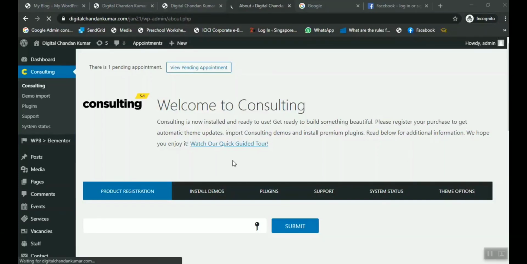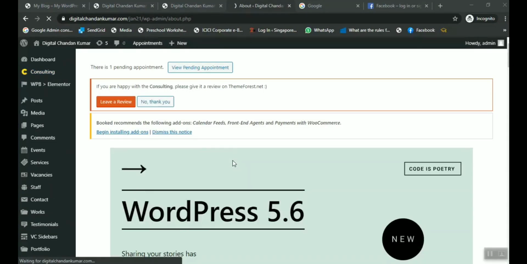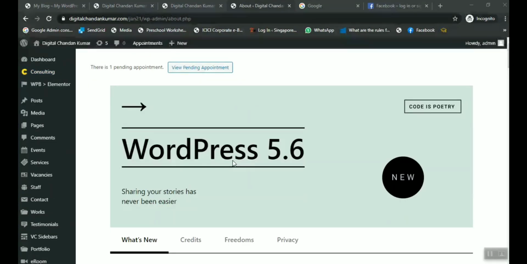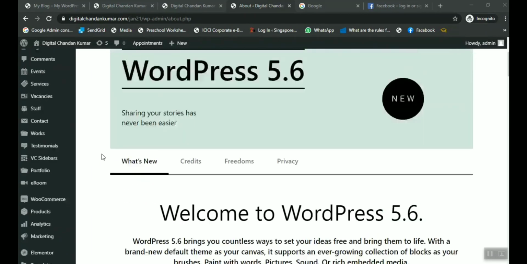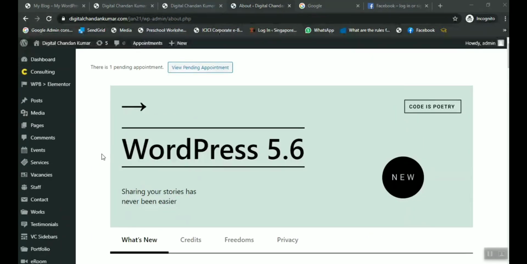I'll show you here how we can create menus in WordPress. It is very easy to create menus in WordPress. So simply, we are on the dashboard of WordPress here. So we will be creating a menu here. So we can see and simply find the pages.